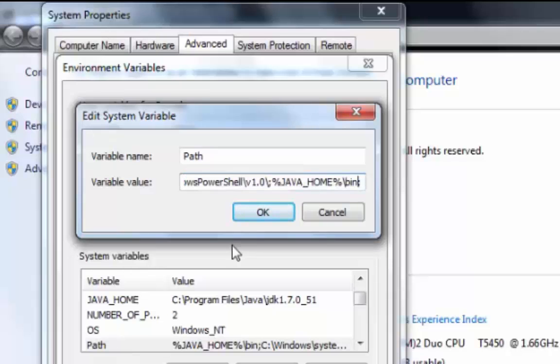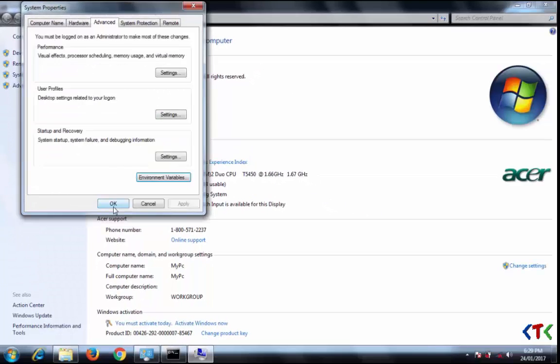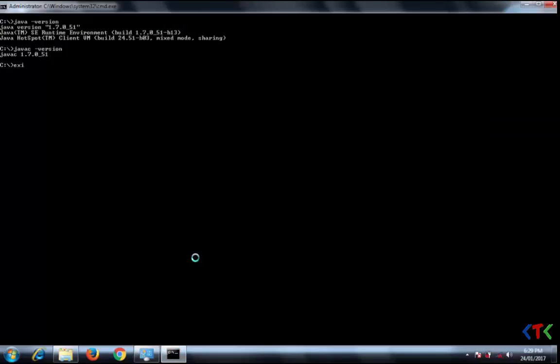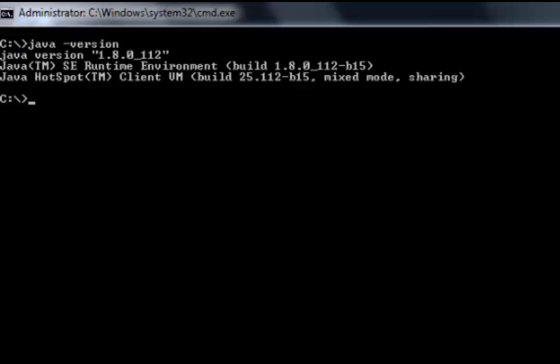So I just cut that java_home bin address and pasted it to the end of the variable values. Let's click OK, OK, and we'll restart this. Now you can see it shows Java version 1.8